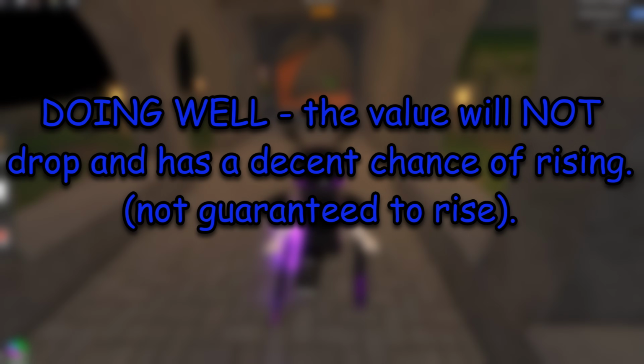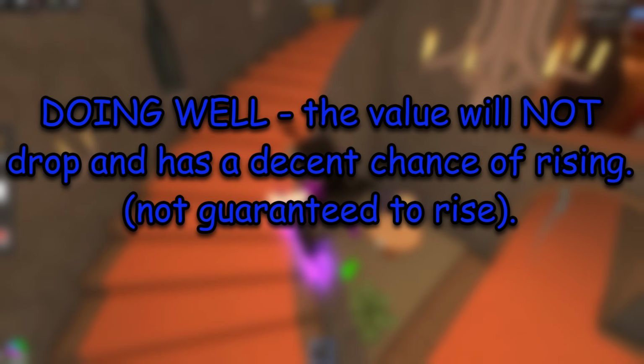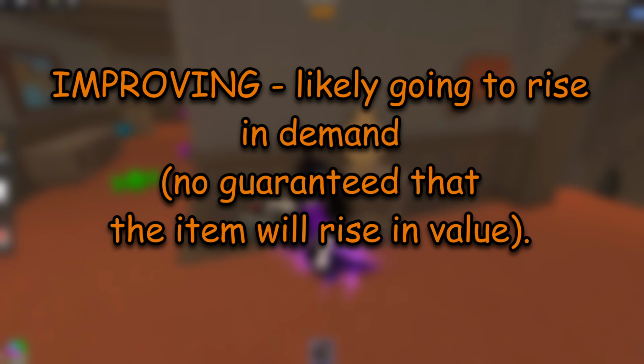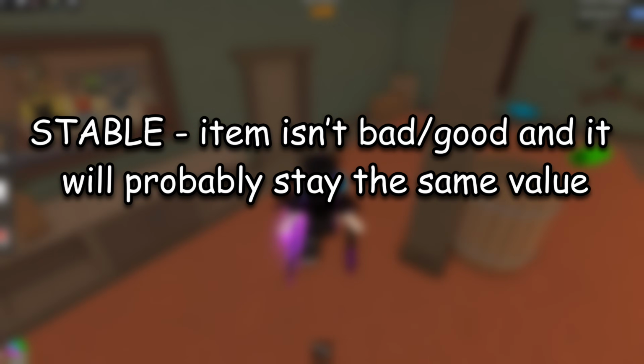Doing well means that the value will not drop and has a decent chance of rising, but it's not guaranteed that it will rise. The tag improving means that the item is likely going to rise in demand, but there is no guarantee that the item will rise in value. And finally, stable means that the item isn't bad or good and it will probably stay the same value, which